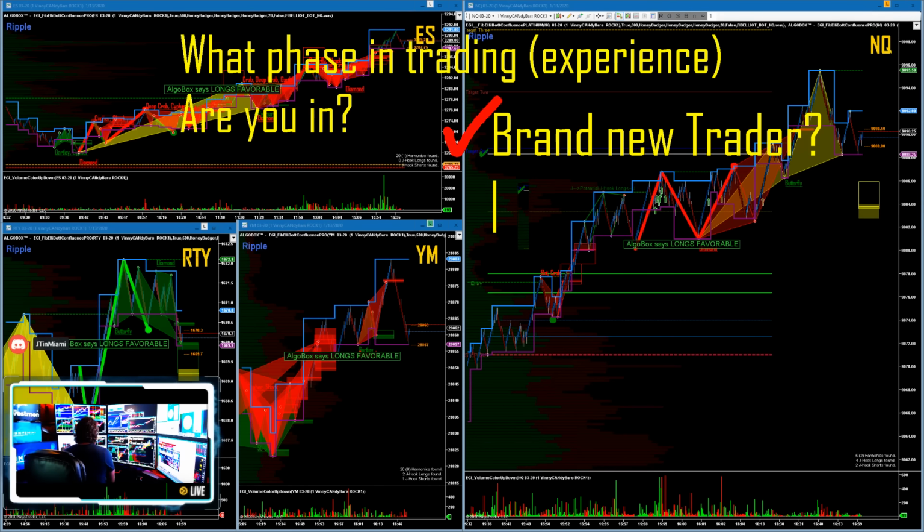Brand new trader, maybe 1 year experience. We'll call it XP for experience. Maybe 1 year, because there are months, right? But let's say that you made it through 1 year. 1 year experience, certain level of risk. Then the game ball, the ultimate phase, so we're going to talk about that. We're talking about the person who's got 4 years of experience or more, and I'm going to talk to you about why I say 4 years.